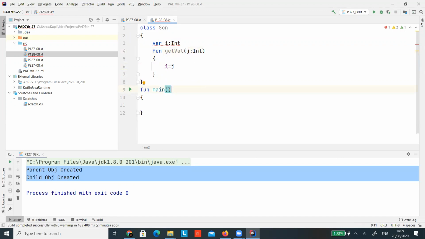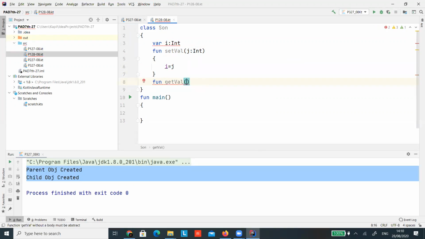And then we write i equals j. It means whatever value you provide here will be given to i, which is an internal variable of the class. Same way we can have the set and get. Okay, I made a mistake. This must be a set function, and a get function from where we can get the value. So getVal.